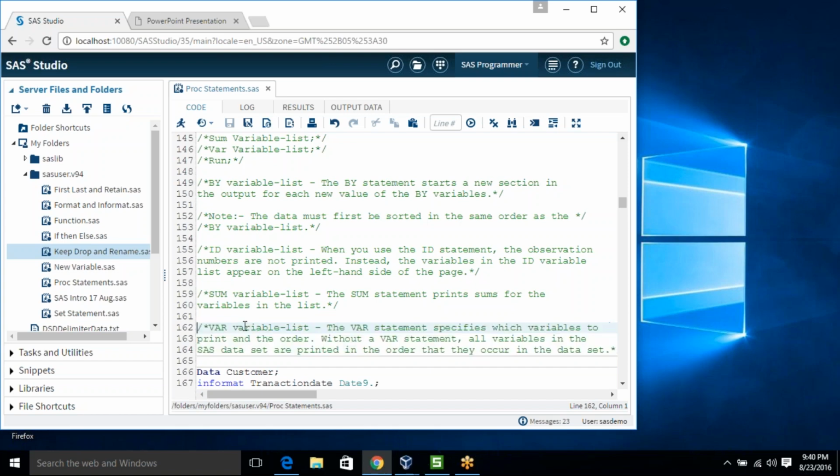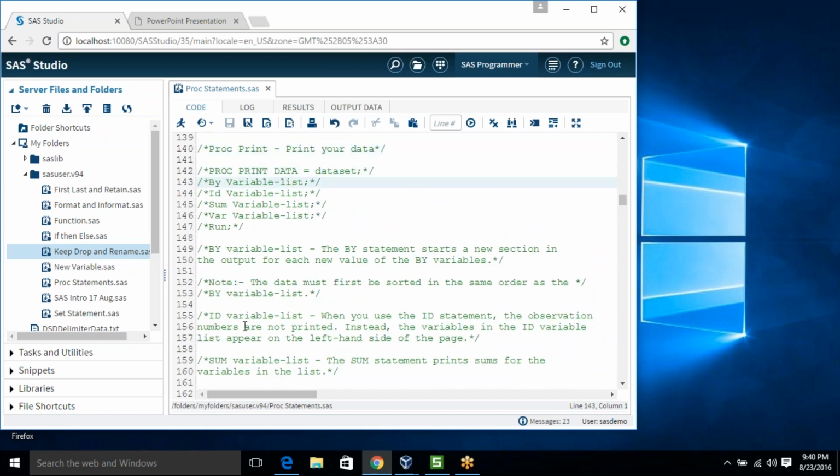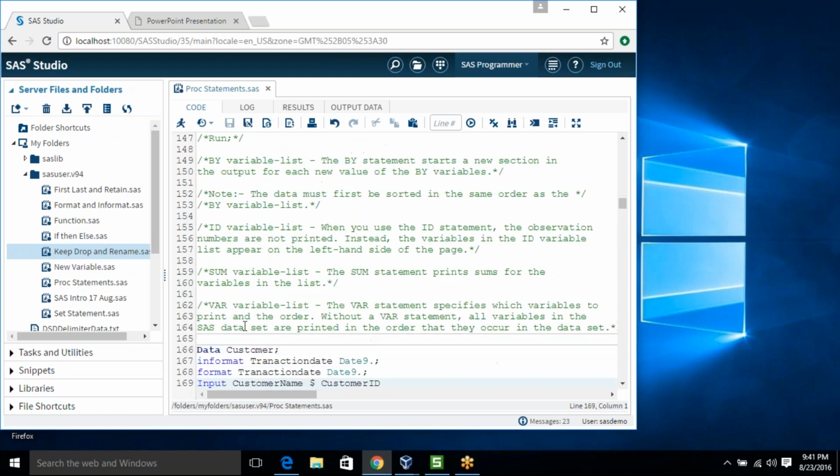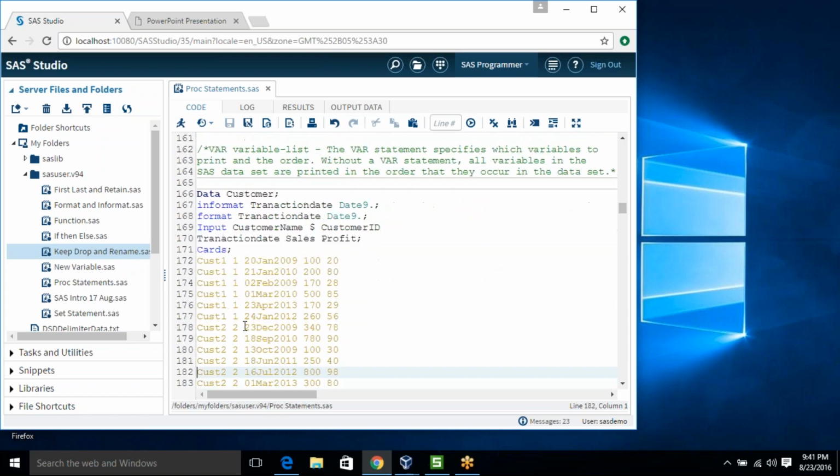Okay, so in this way the proc print has 4 statements: by, ID, sum and where. Okay, let's go for an example. So I have variables: customer name, customer ID, transaction date, sales and profit.